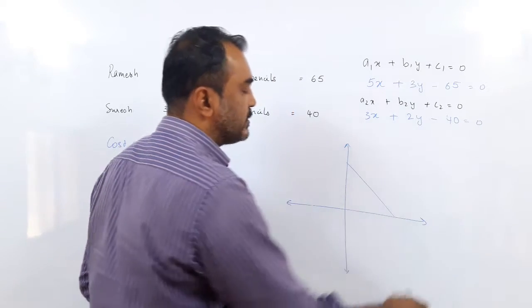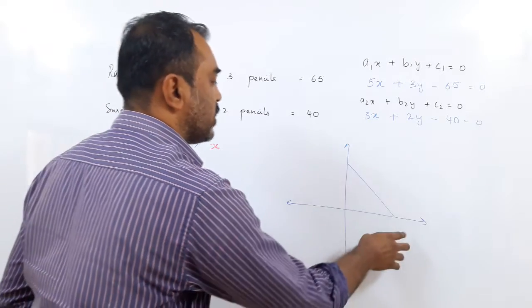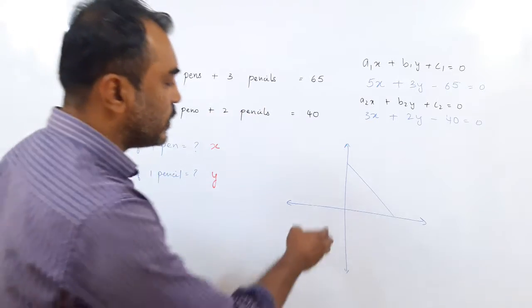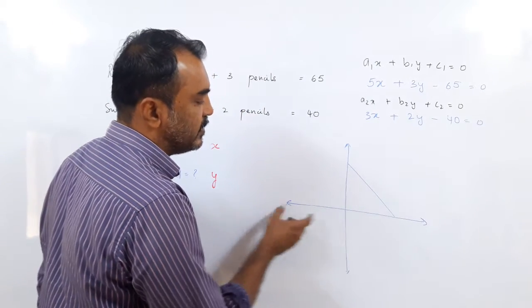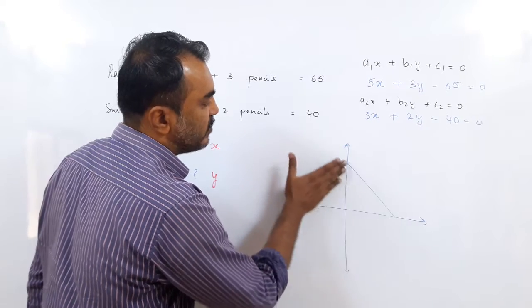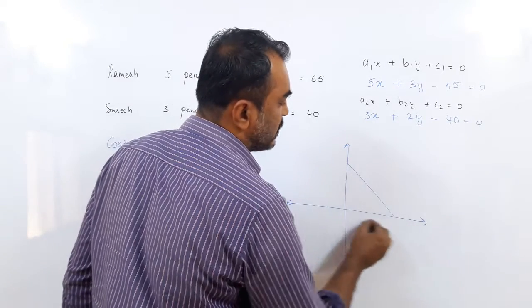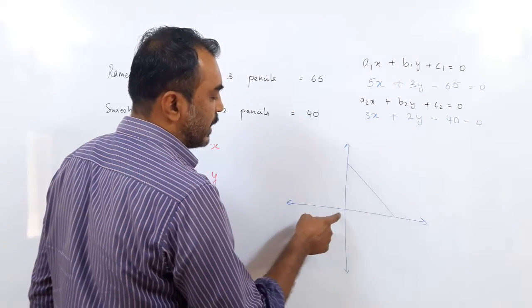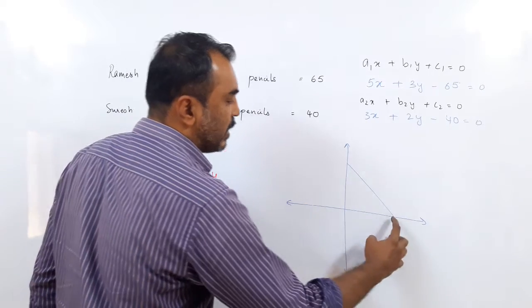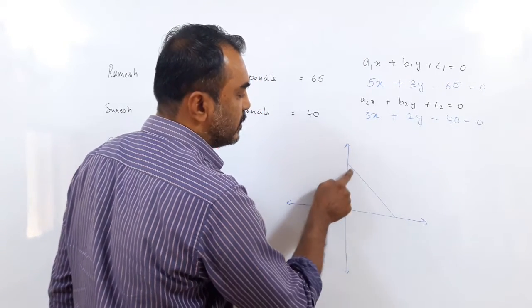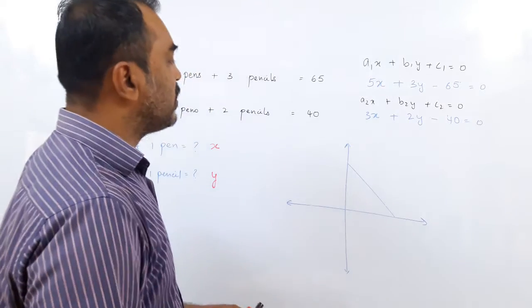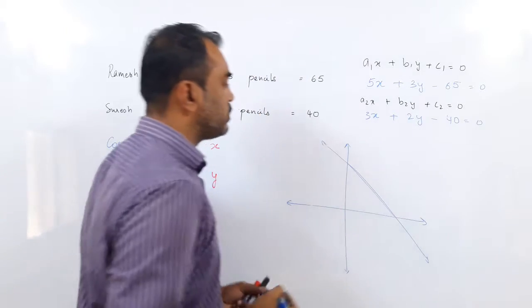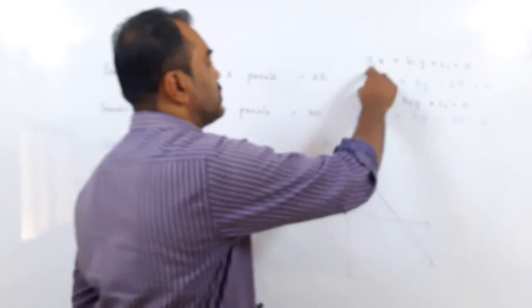Why did I remove this? Can you guess? Why did I cut off this part and this part? Because the cost of the pen and pencil we cannot take negative. So I removed the minus x. There cannot be a minus x. This is the minus x. So we cannot have a price which is negative. In the same way, here this is the pen and this is the pencil. So x cannot be negative, the pen cannot be negative, and y cannot be negative because the pencil cannot be negative. So this is the only part of the line we have to take. But just for simplicity's sake, I drew it. Let me say this is a straight line. So this is for this line.